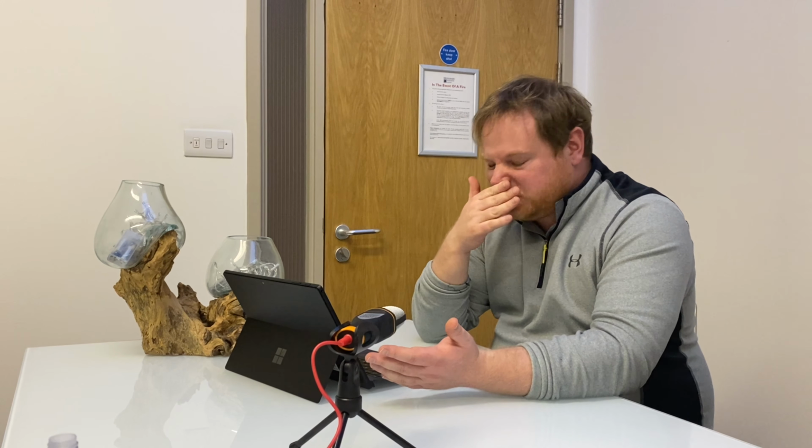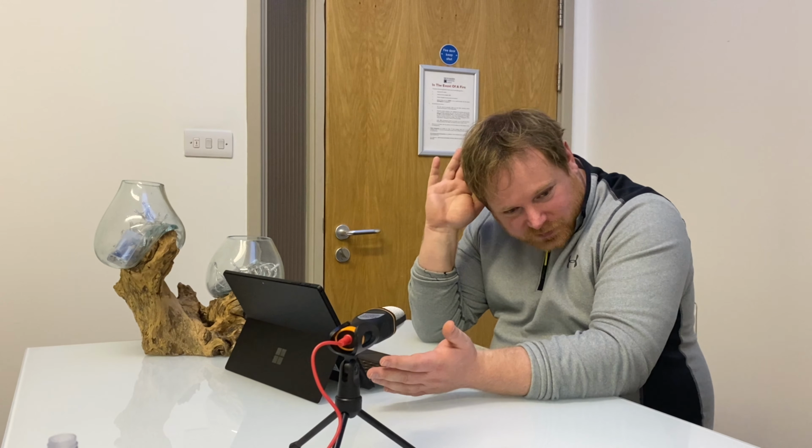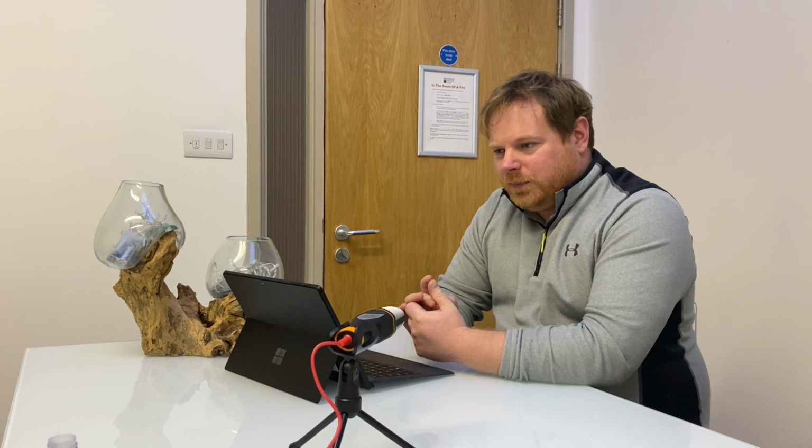So is NIO a good buy then or not? Well, the reality is I can't really say whether it's a good buy or not. There are a lot of moving parts to whether NIO will be successful or not. But with the backing of the Chinese government and various other things, and we're obviously not going backwards in time, combustion engines will be disappearing, EVs will be coming. If they can get into the European market and the American market, then that is going to really excel them. So I believe they're probably at the bottom of quite a steep S-curve,